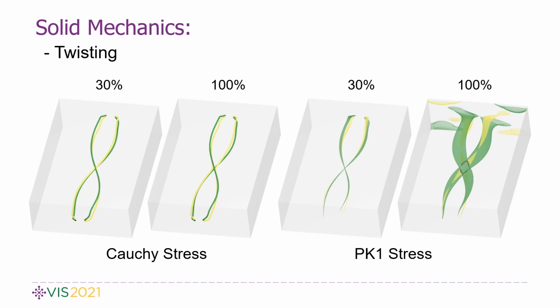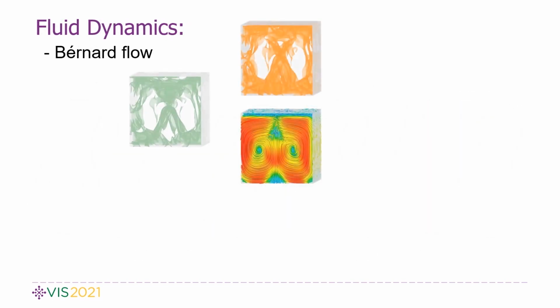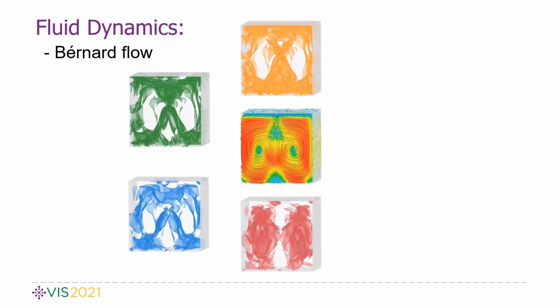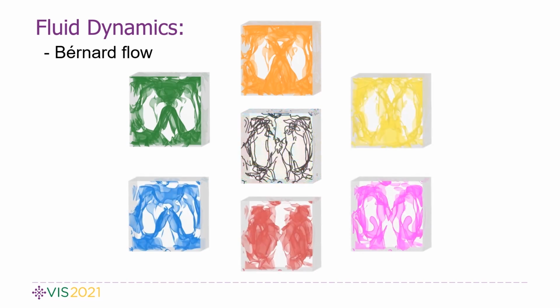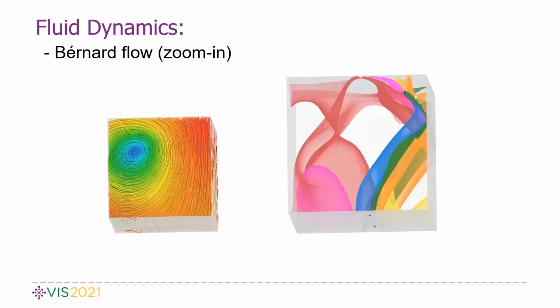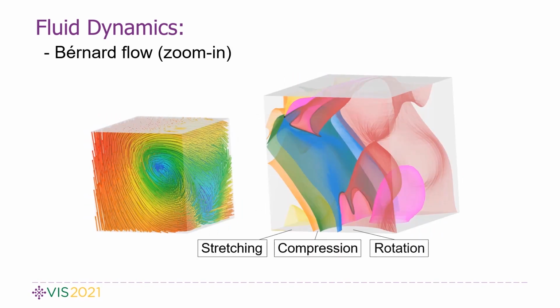Both the PK1 stress and Cauchy stress can provide important insights. Consequently, visualizing both types of tensor fields and understanding the connection between their structures can provide a more comprehensive analysis. Next, we visualize the feature curves and surfaces for the velocity gradient tensor field of the Rayleigh-Bénard flow. We zoom into the cell, which shows the transition of the regions separated by feature surfaces. This helps to identify regions of stretching and compression as well as the rotation dominant space for the analysis of